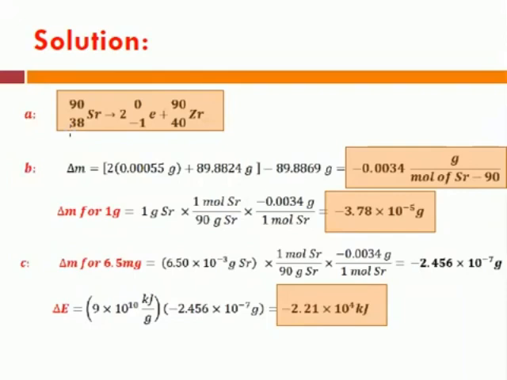See the periodic table. Then for the 2 beta emission, you can write e here or the beta symbol. For this one, we have zirconium-90. The atomic number is 40. So, for letter B,